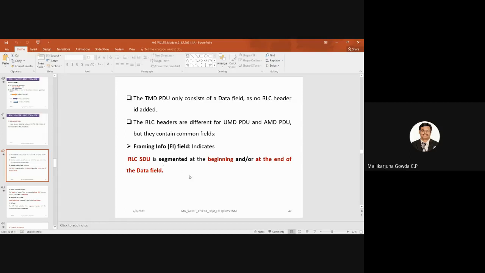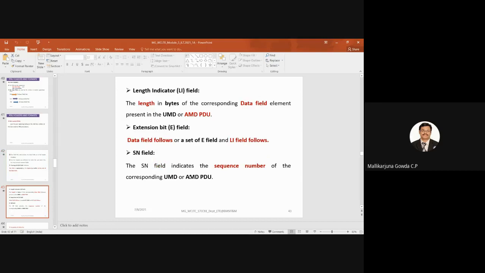So that is the purpose of the framing information field. And the next field is the length indicator field. This field gives the length in bytes of the corresponding data field element present in the UMD or AMD PDU. So it will say how many bytes there are in the AMD or UMD PDU.